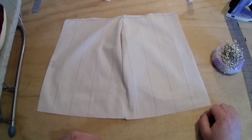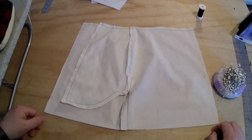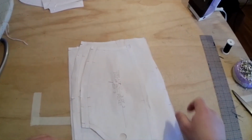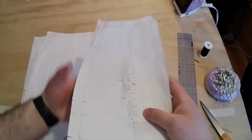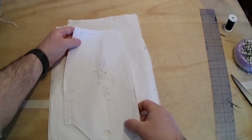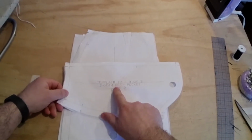In this demo, you will learn to sew the inseam pocket. This demo will be the inseam pocket. Alright, there's 3 pattern pieces that you need for this. Okay, this is template 17. So you're going to need the inseam pocket,